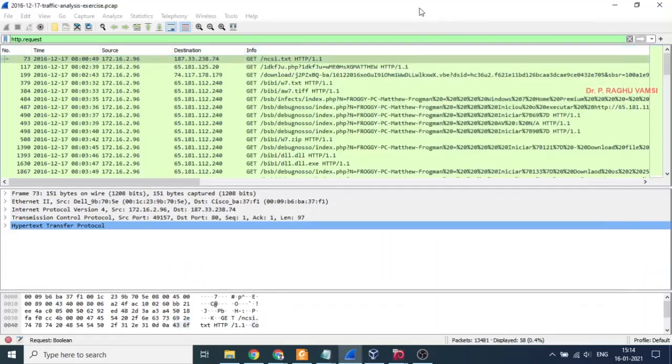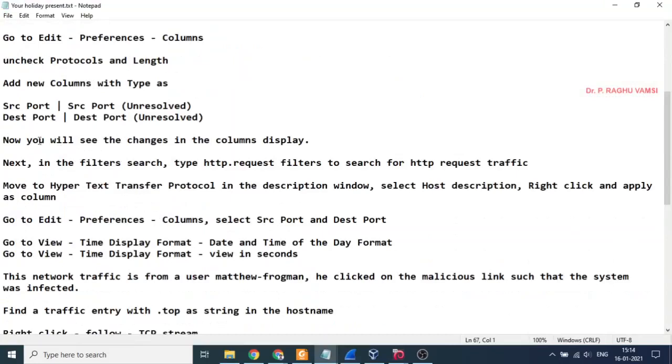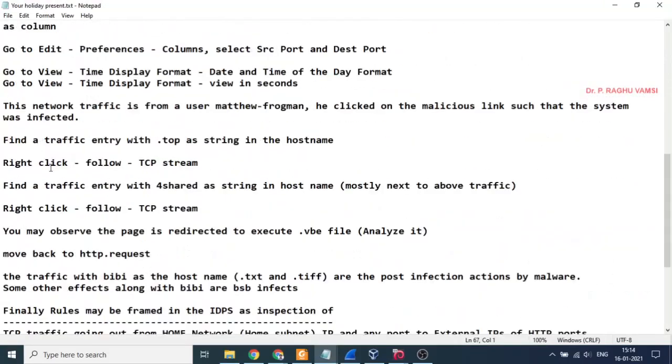So the first step is observation of the traffic. In this observation, we have gone for observing the TCP stream.